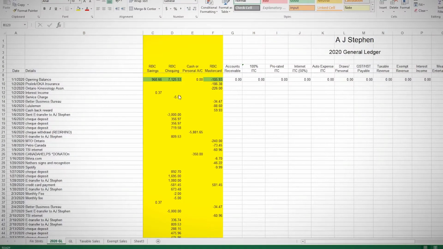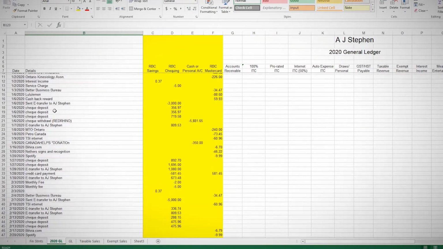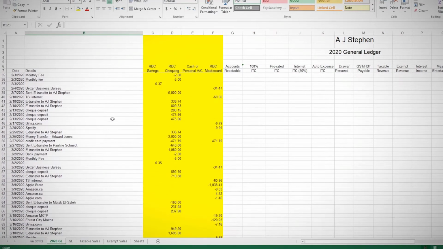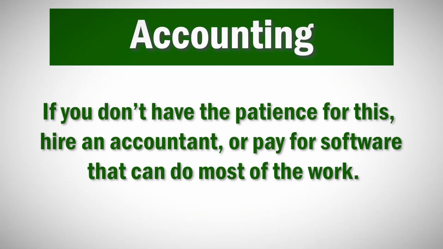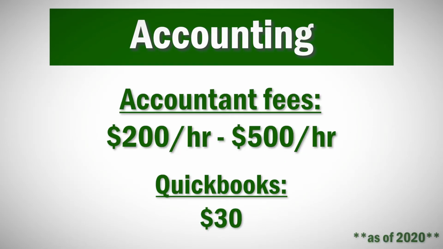So how can you learn the basics of accounting? The best way to do this is to design a spreadsheet in Excel detailing all money flowing into and out of your business, including income, expenses, mileage, and everything else relevant. This can take a fair bit of time to set up and maintain, so if you don't have the patience for this, you can hire an accountant to explain it to you, or pay for software like QuickBooks that can do most of the work for you. Hiring an accountant will likely cost anywhere from $200 to $500 an hour, and QuickBooks software will cost you approximately